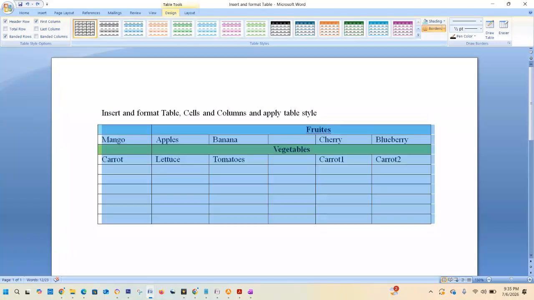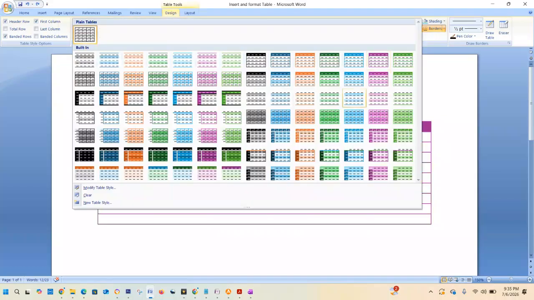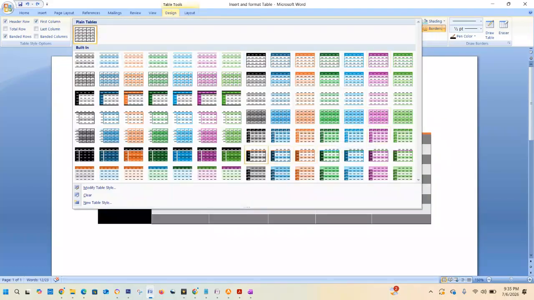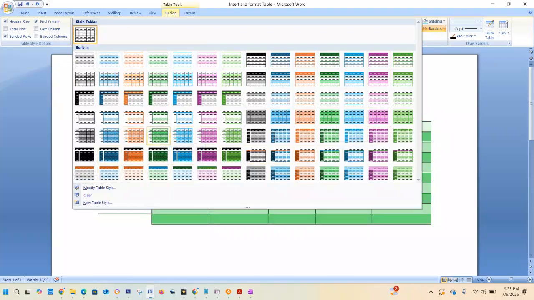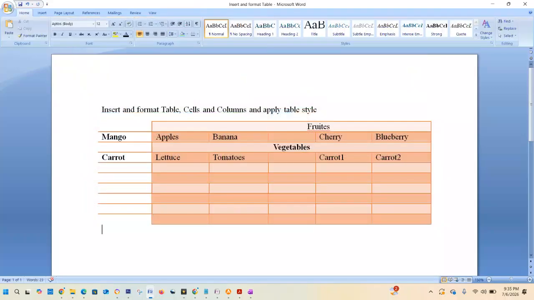And you can also use the drop down box here to pick any of the other styles that are here, right? So say for instance, let's just say we pick this one. So it will format it like this,